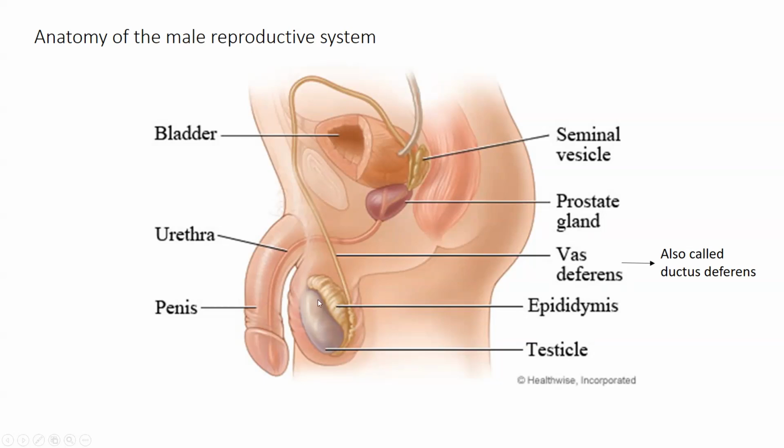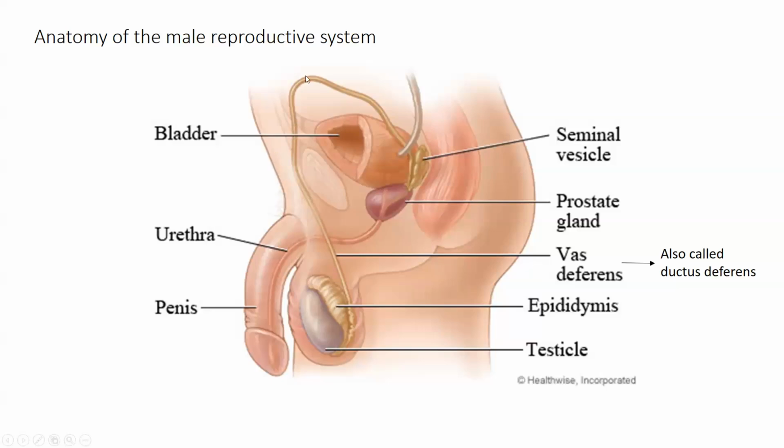The sperm are created and then move into this tightly coiled tube, which we'll get a better look at in a minute, called the epididymis, which is really just fun to say. Epididymis. And there the sperm will mature and become motile, really become movable, but they'll still hang out until they're called upon. And when called upon to move out of the body, they will move down into this tube, which is called the vas deferens, although now we often refer to it as the ductus deferens,